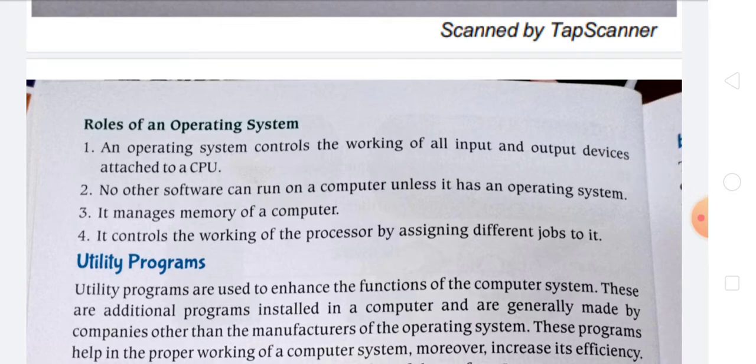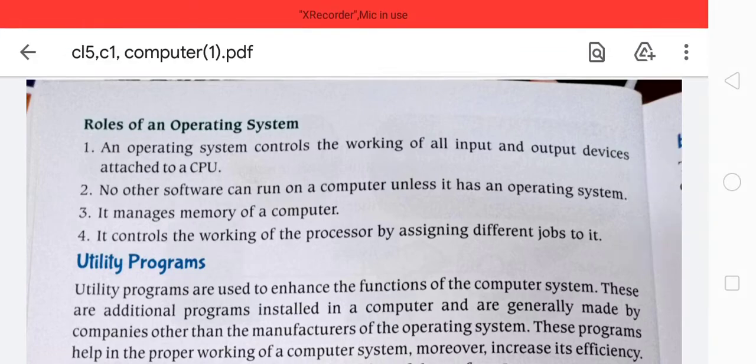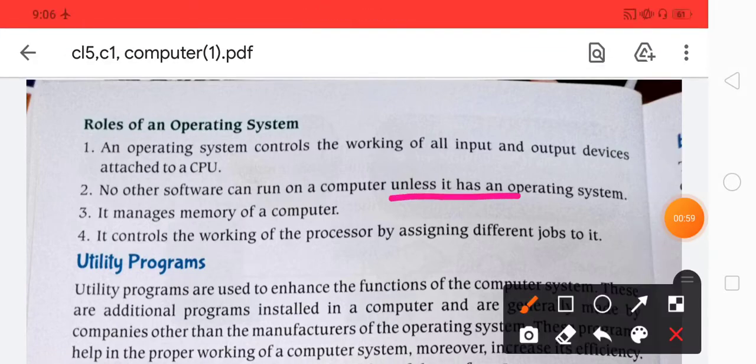An operating system controls the working of all input and output devices attached to the CPU. No other software can run on a computer unless it has an operating system. If you don't have an operating system, no software is working. It manages the memory of a computer, and it controls the working of the processor.